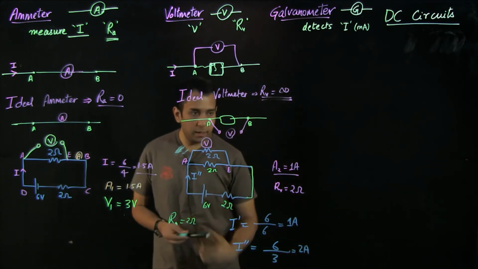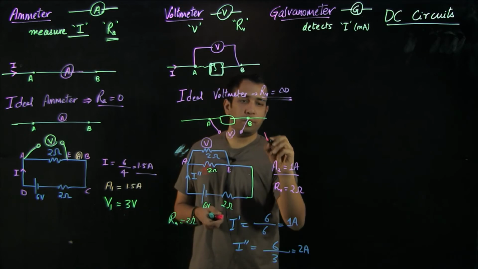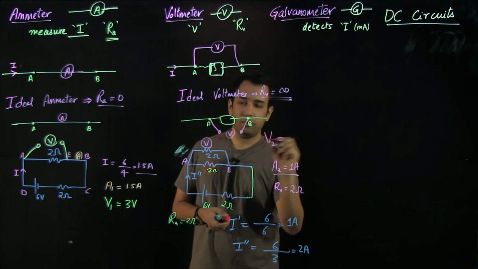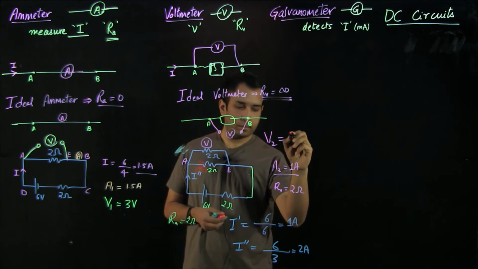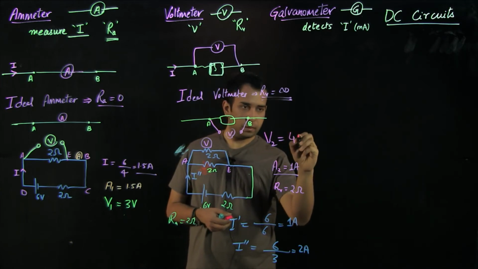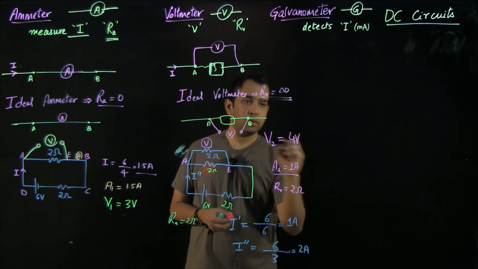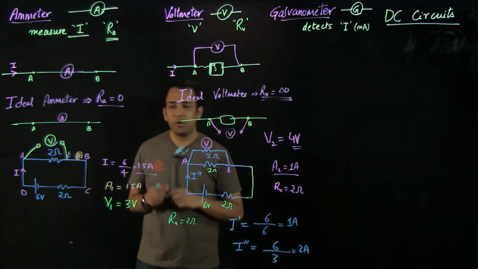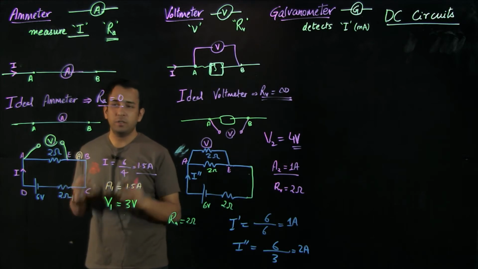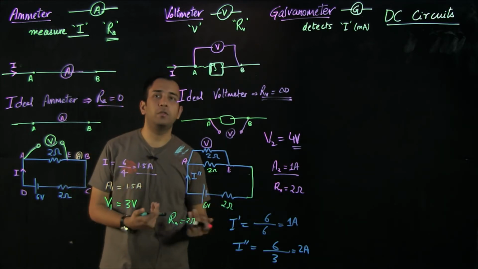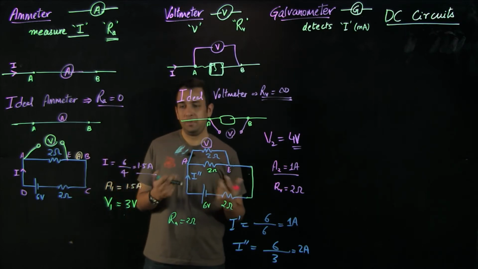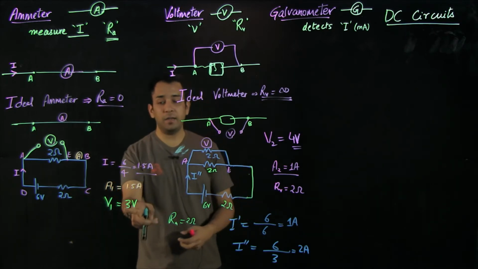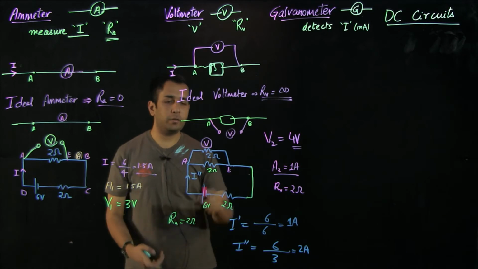And I can measure the potential difference between A and E by I into R. So the new reading of the voltmeter V2 would be 2 amperes into 2 ohms, that's 4 volts. So as you can see, the potential difference, which earlier was 3 volts, now has been changed to 4 volts. Although the change in magnitude is very large, seemingly like 25%, at least 33% has increased, it's because we are